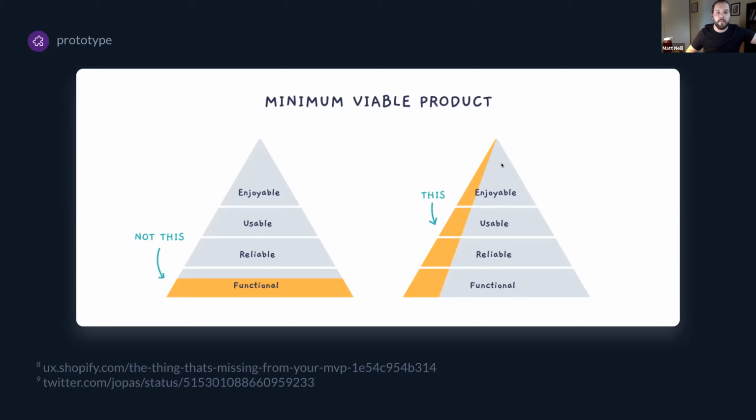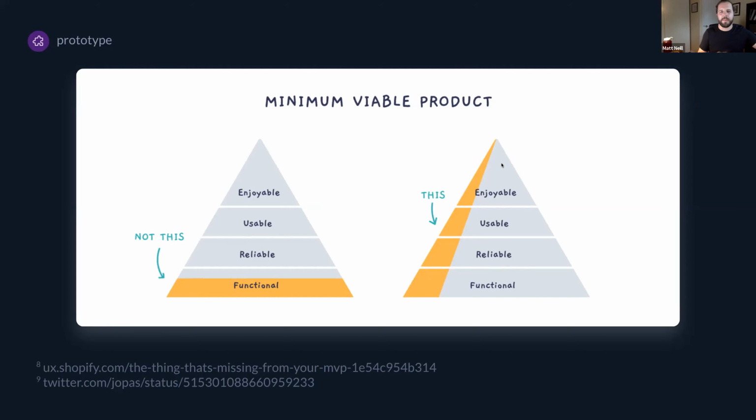So another diagram I think does a good job of explaining how to go about this is this diagram here, which is like a pyramid. You could spend, again, months or weeks building out every feature, a scrappy version of every single feature that you have an idea for. A lot of people used to go about building MVPs, the minimum viable product, this way, where they would have an idea of some sort of application and build out every screen, but a half-baked version of all that.